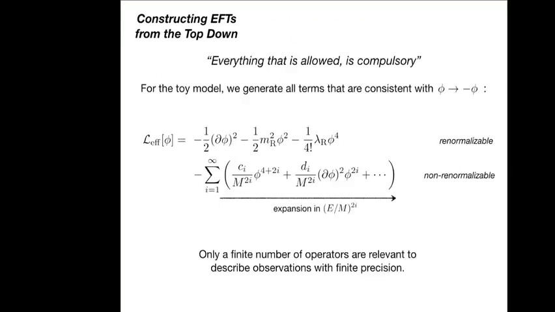Okay, so this was then just to illustrate that everything that's consistent with the symmetries of the full theory is allowed, and not more than that. In fact, it's compulsory. Yeah? So at some order in this loop expansion, you will generate all possible contributions in this effective Lagrangian consistent with